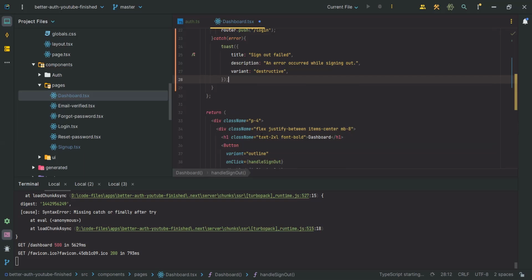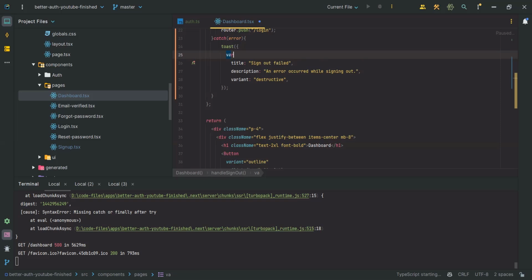Yeah, like this, toast. Instead of deleting this variant, let's say variant destructive, and comma, and inside this let's delete this first. Let's save this,